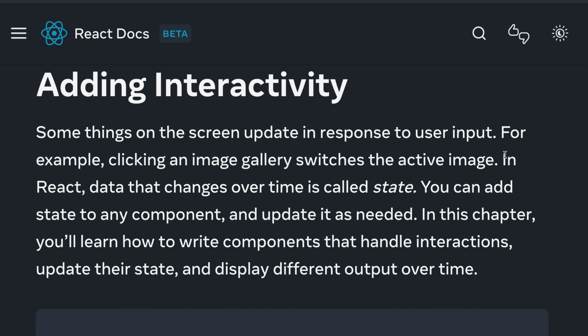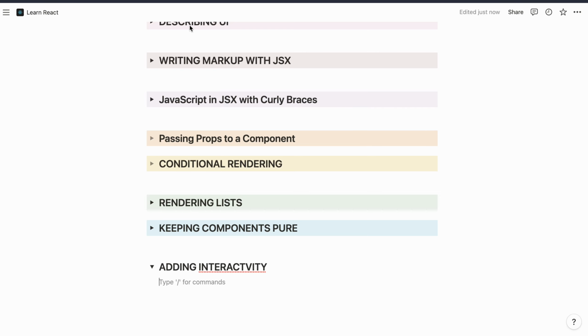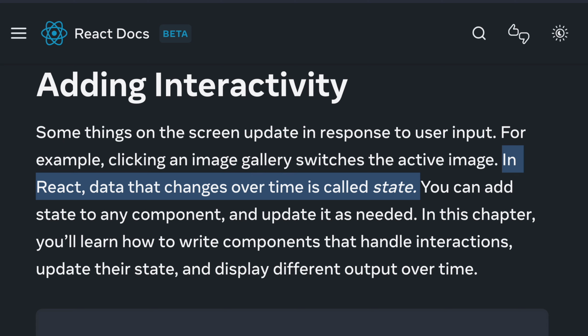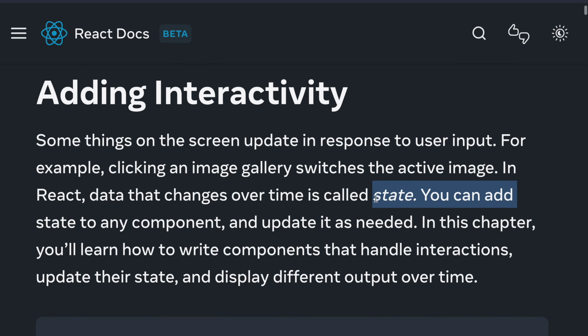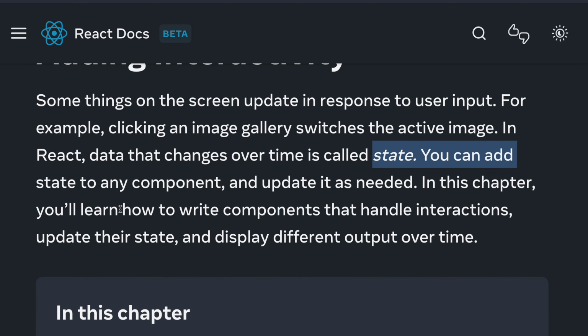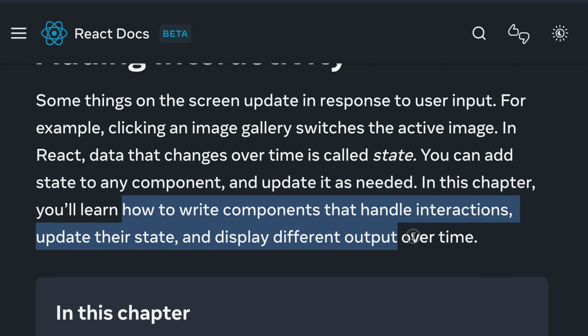in React, data that changes over time is called state. So what is a state? The data or the variable which keeps the data that changes over time based on user activity. You can add state to any component and update it as needed. In this chapter, you will learn how to write components that handle interaction, update their state, and display different output